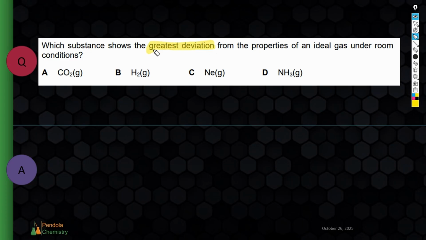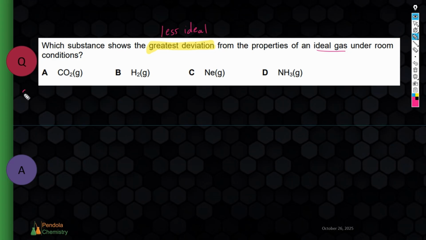Greatest deviation is a key phrase here because greatest deviation is going to mean less ideal. Remember, deviation means that it is coming away or being different from, in this case, the ideal gas. Now, they do say they're under room temperature, meaning the conditions are the same for all of them. But greatest deviation from ideal gas means which of these four is going to be less ideal or more real. When we look at this, what we have to look at is two things. Again, size and